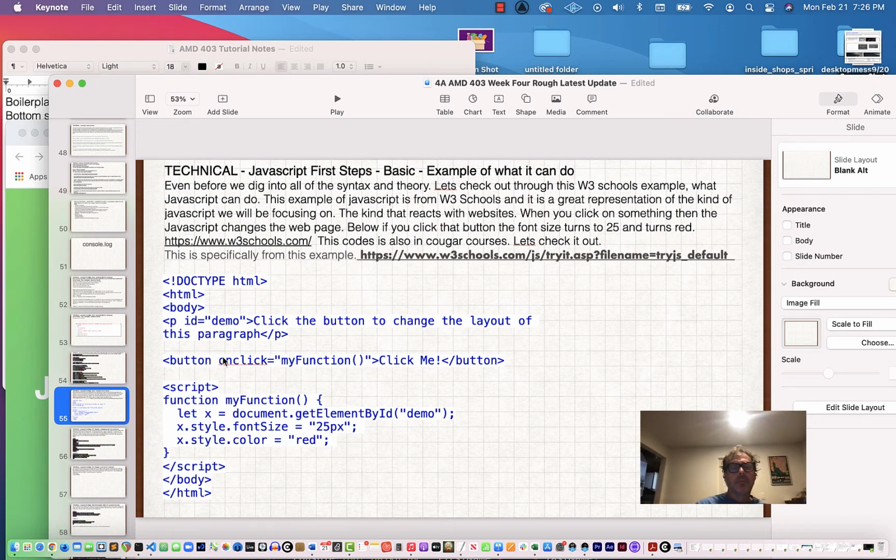So yeah, button on click, my function, click on me, and it has this as a clickable function button, and that's in JavaScript. But it takes this my function button and turns it into a function. This is an example of a function where it turns this into a working JavaScript that is interactive,